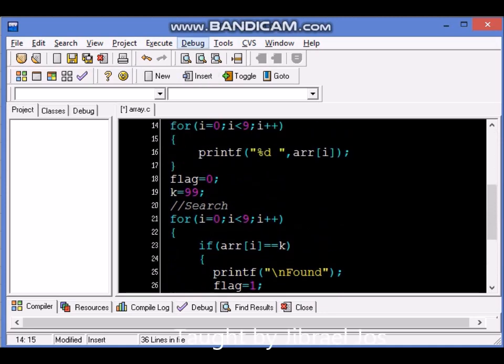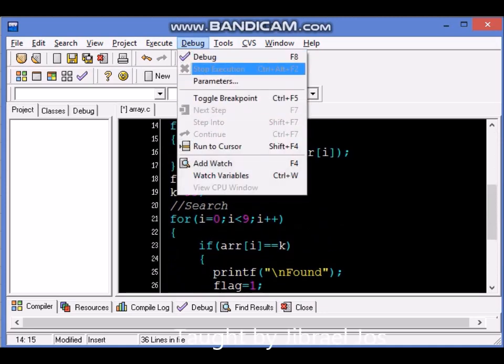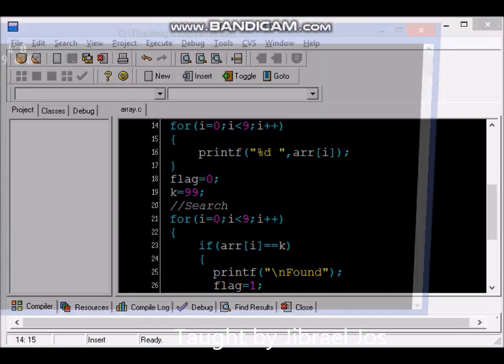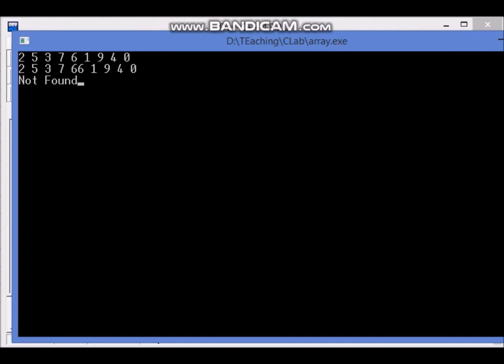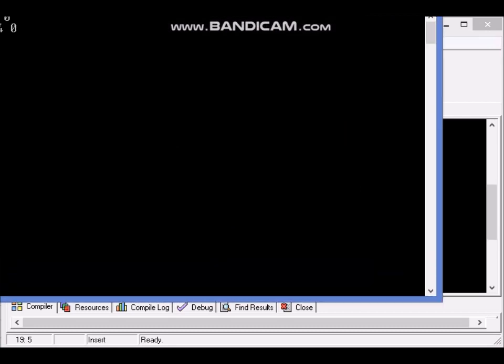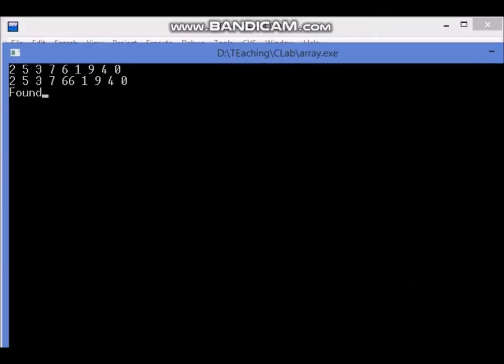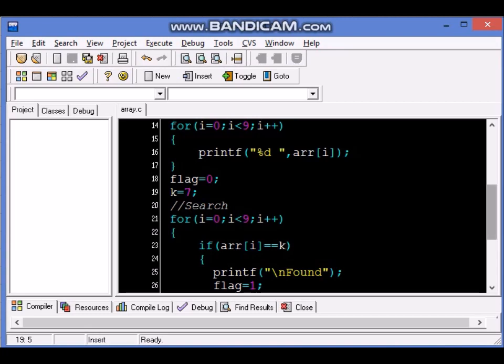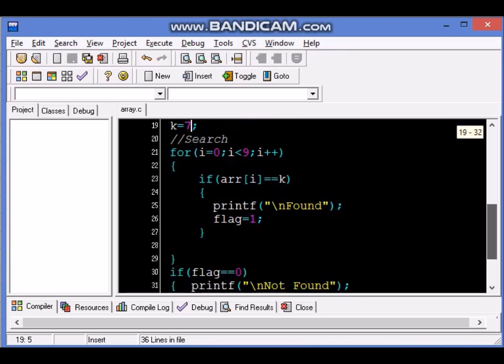Let us see whether this code is working as we think it should. And we see the output as not found. We will search for a number which already exists. We'll make it back to 7 and see what the output is. And now the output is found in this case, and not found in the other case. So let us look at the code one more time so that we understand what's happening. In the search, there's a for loop. Once the for loop finds it, well and good. If it doesn't find, it comes out.